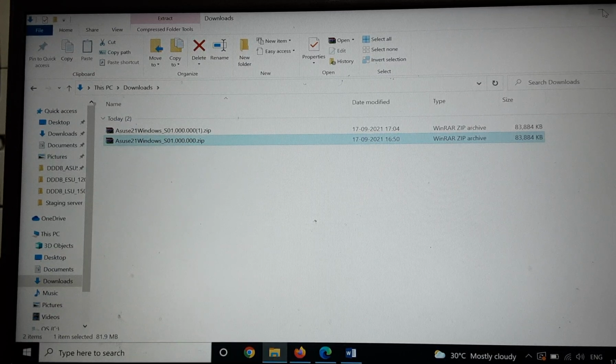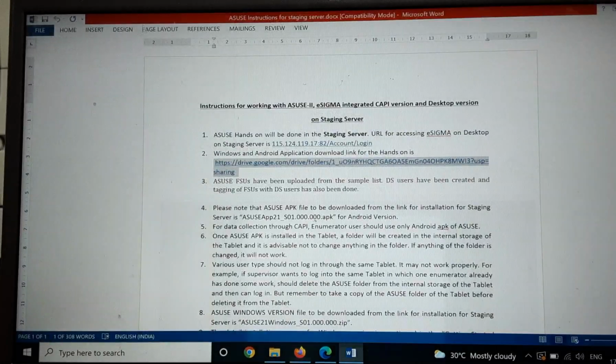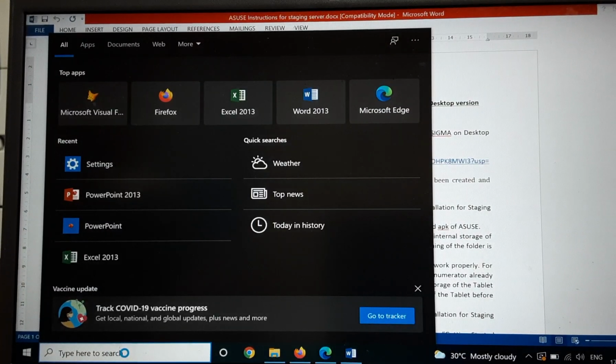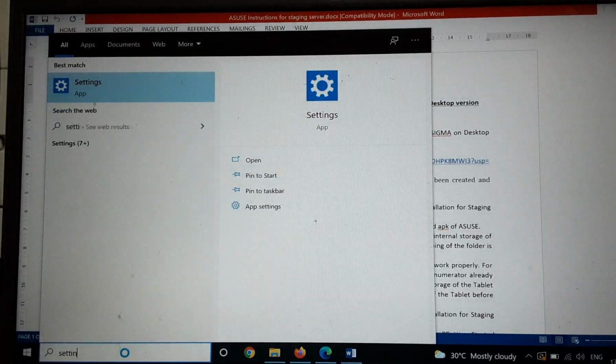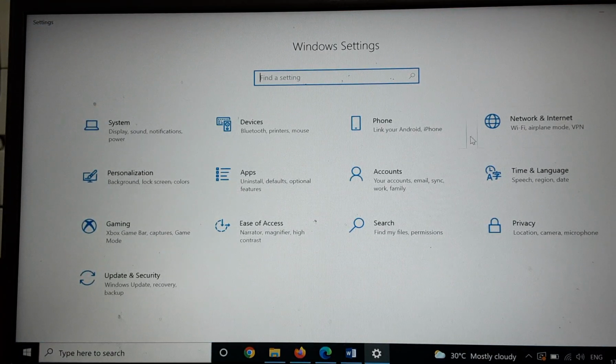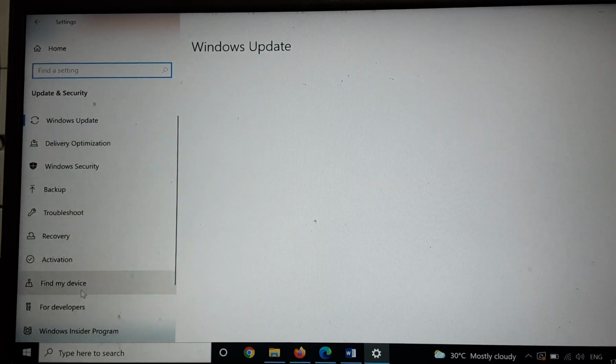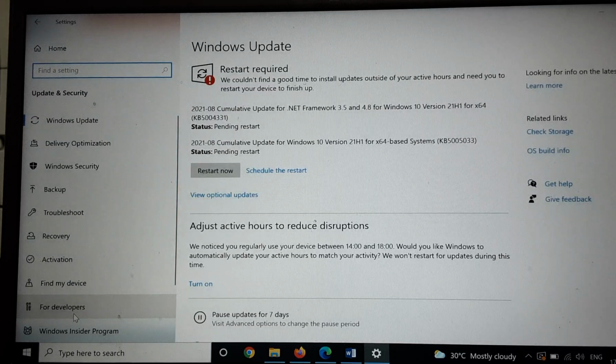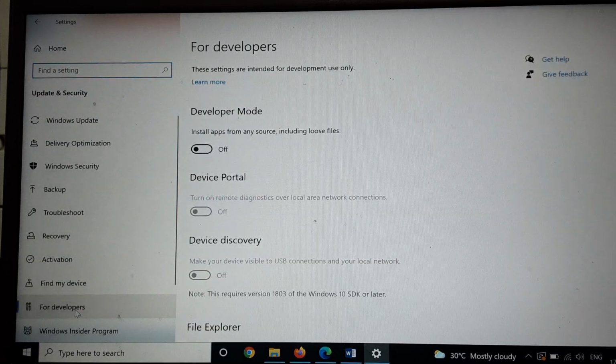Now the next thing that we need to do is to go to settings of our computer. From here, click on update and security. Here there is one more tab which is for developers. Click on this link, and then this is developer mode.